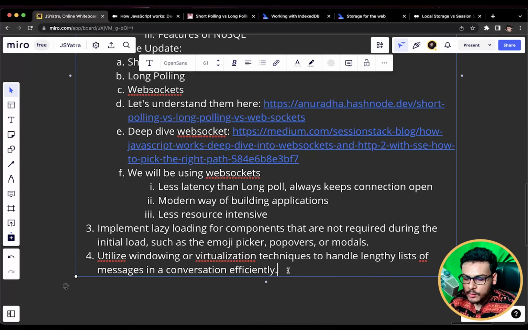What you can do is use virtualization over here, and only render the part which is in the viewport, and you can free up your browser memory if it exceeds the viewport height, or width, whatever. You have to definitely use virtualization so that your browser is not overfilled with a lot of data, and the UI doesn't get janky.